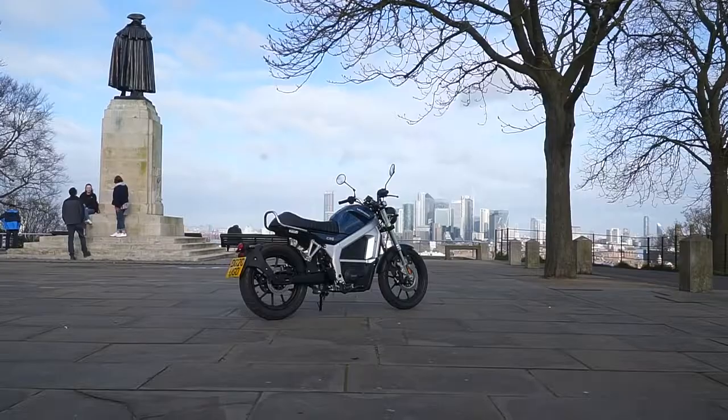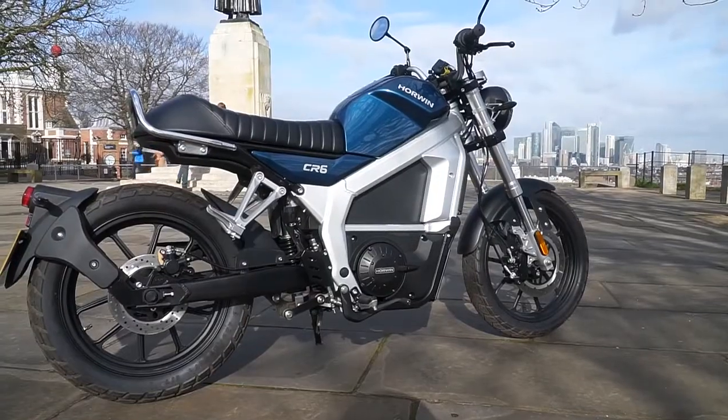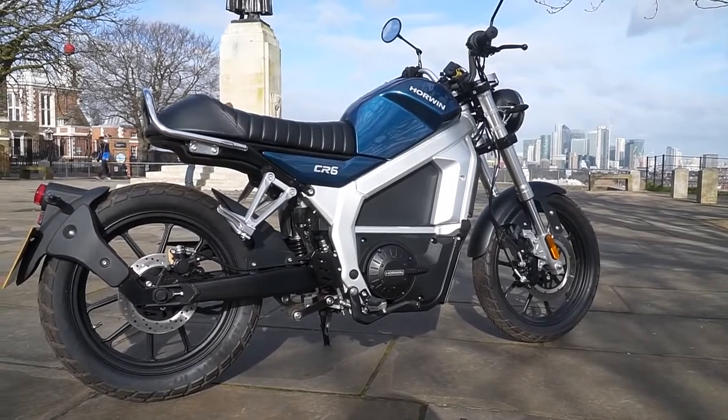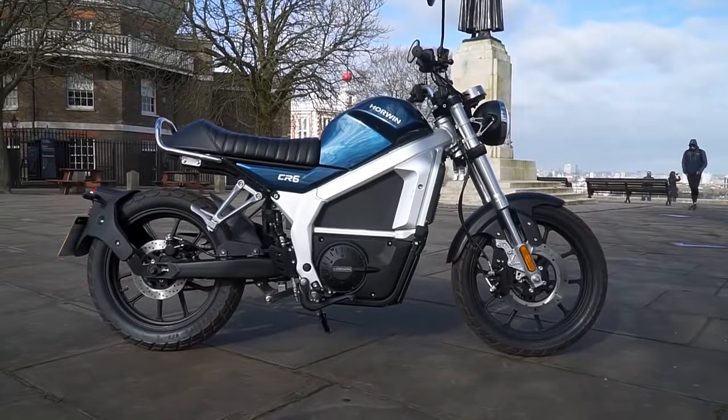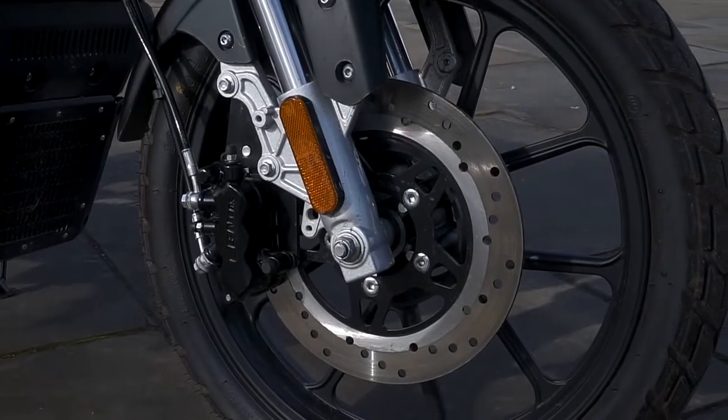So here we have the Horwin CR6 electric motorcycle made in China by Horwin, but distributed here in the UK by Artisan Electric Scooters, and they kindly lent me one for a few days to review, so here are my